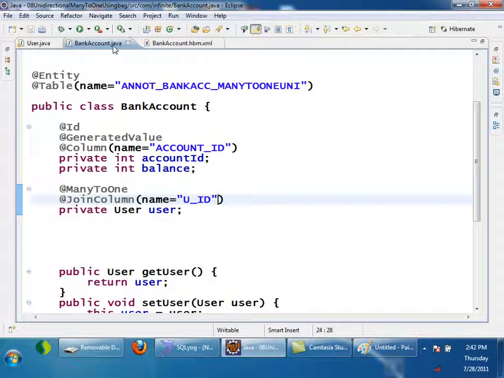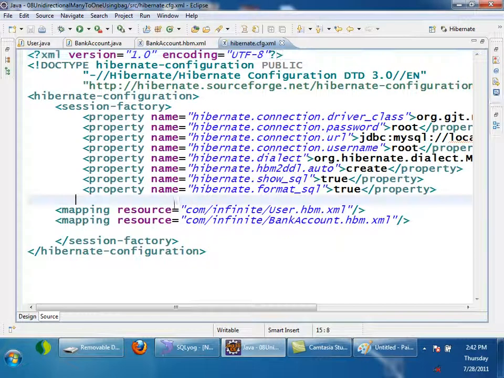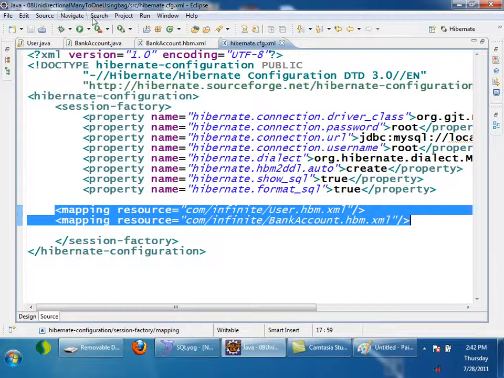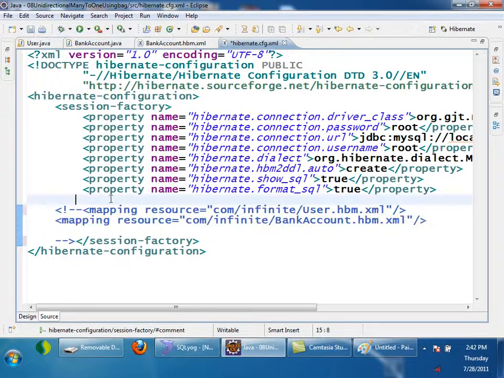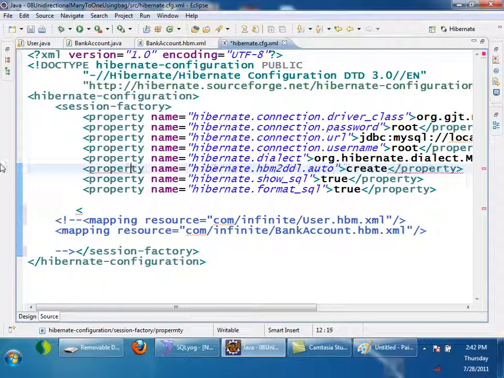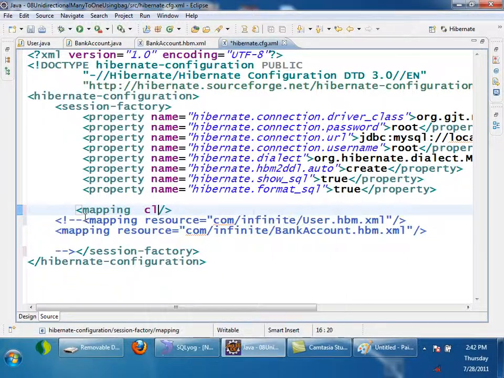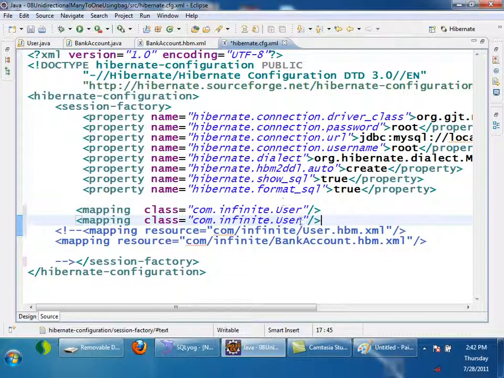So now if I want to test it in cfg.xml, instead of configuring these resources, I have to configure mapping class is equals to com dot infinite dot user, and also another mapping for bank account, com dot infinite dot bank account.